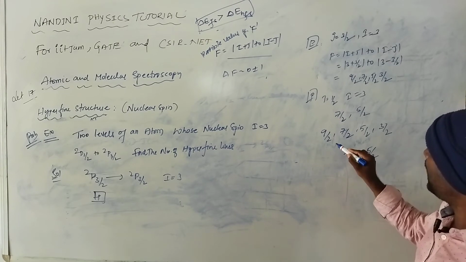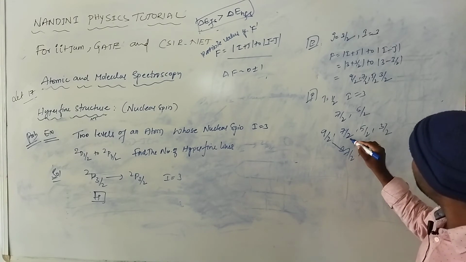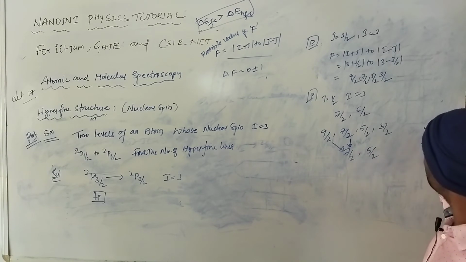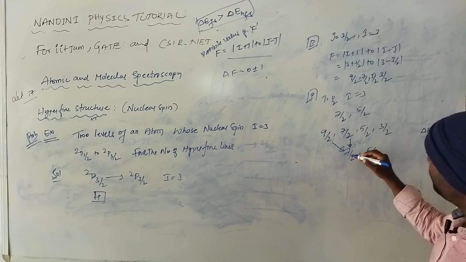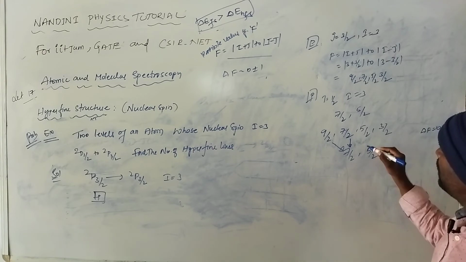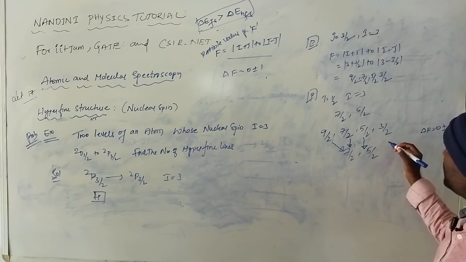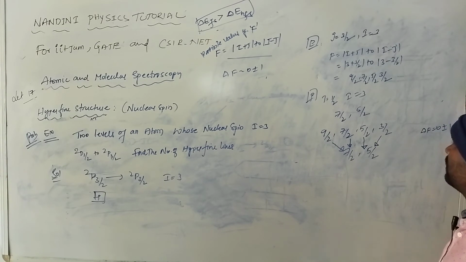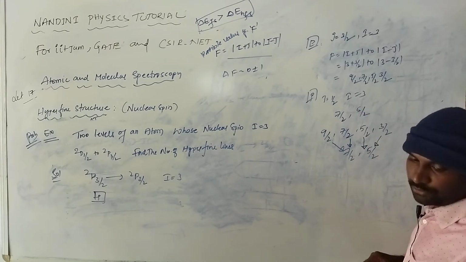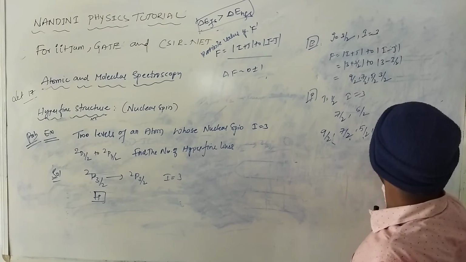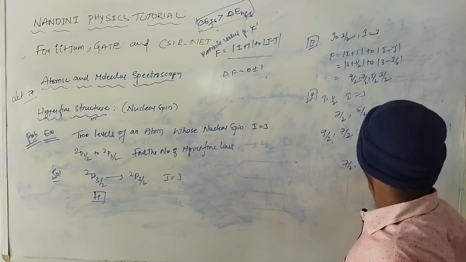So, for the transition, 9/2 to 7/2, one transition is possible, and 7/2 to 7/2, one transition, because the selection rule is delta F equal to 0, plus or minus 1. You will get 7/2 to 7/2 transition possible, and 5/2 to 5/2 transition possible, and 3/2 to 5/2 possibility is there. 9/2 to 7/2 you will get one possibility, 7/2 to 3/2. I use another color to identify easily. So, this is 7/2 to 5/2.